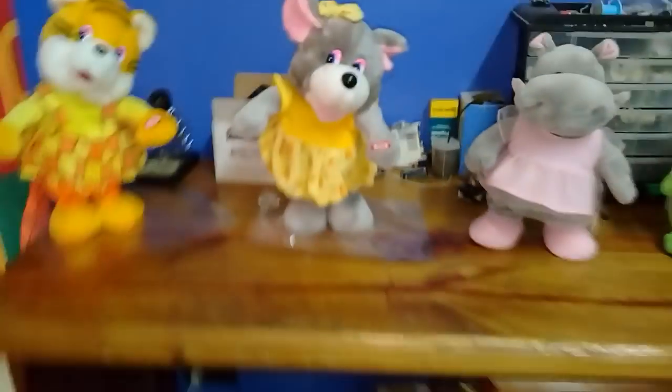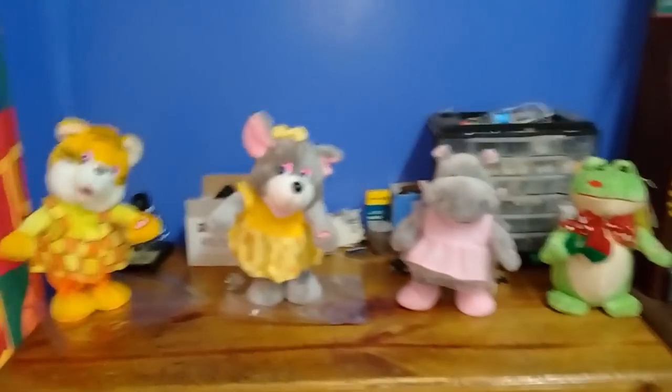So, there you have it. Those are the 4 animatronics that I have that sing all kinds of everything. And for the hell of it,